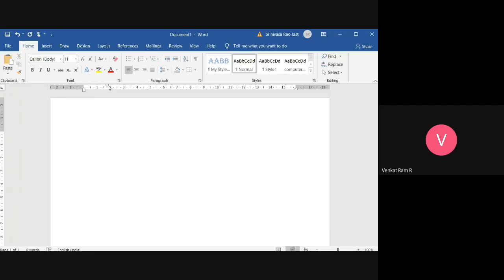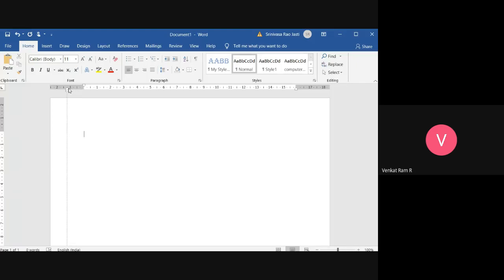So this is called first line indent. What is this first line indent? If you want to start your paragraph, just place this indent wherever you wish to, and you can type it. Next, after your first line, if you want to place the remaining part, then you can use this.